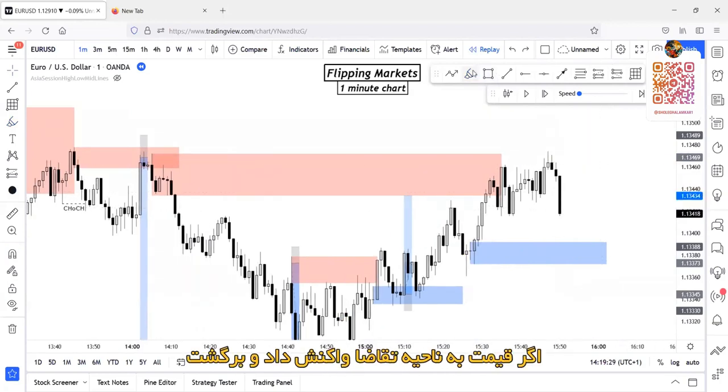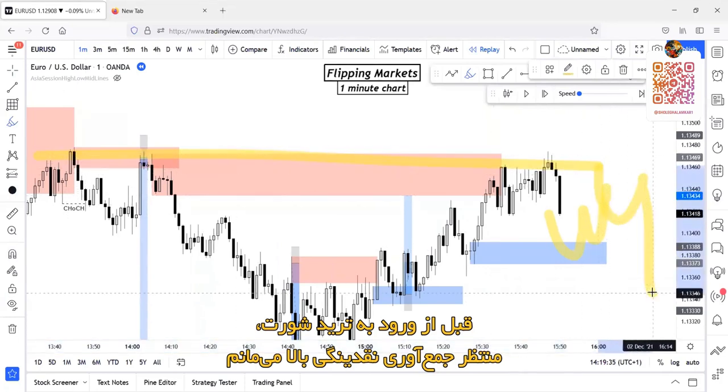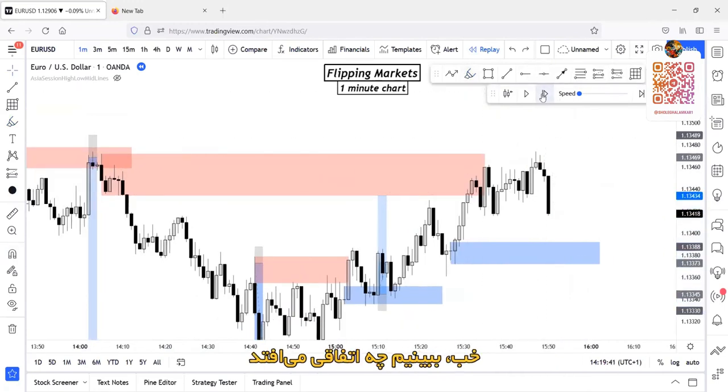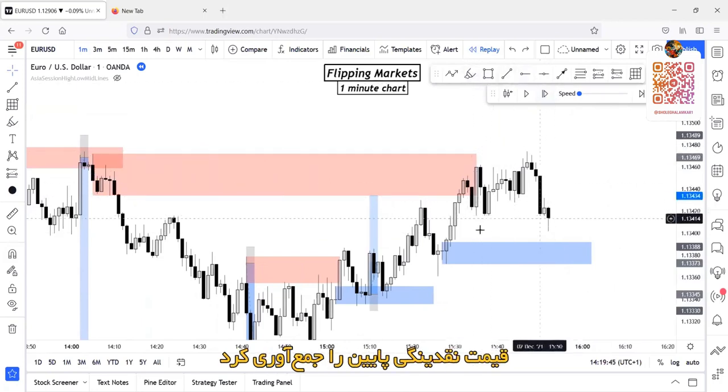But let's see, if it reacts on this demand and turns around, I will wait for the sweep of this liquidity before I enter a short trade. But if this breaks the zone, I will wait for a confirmation entry. So let's see. Okay, price just swept the downside liquidity from this region,